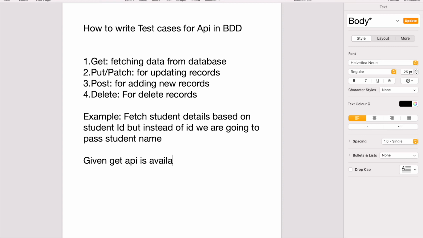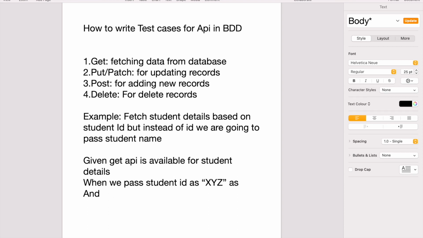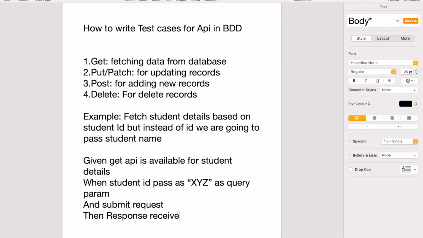Given the GET API is available for student details, when we pass student ID as XYZ as query param and submit the request, then the response is received as